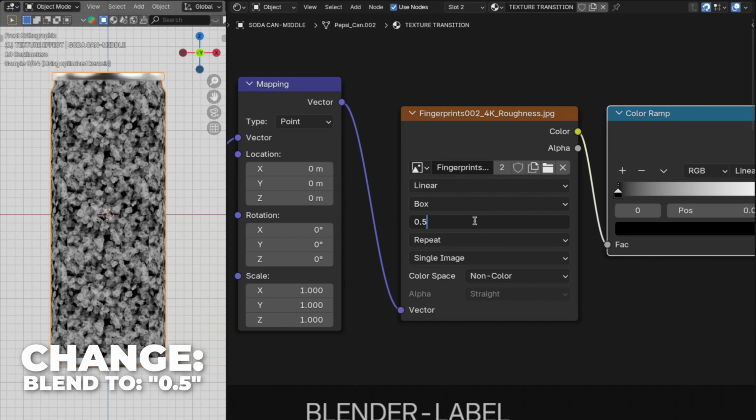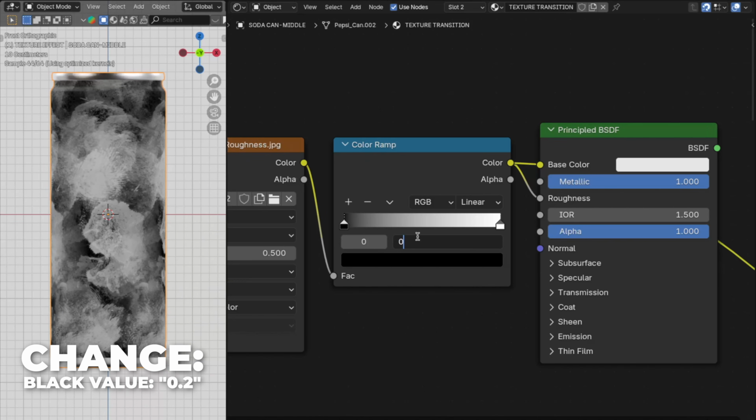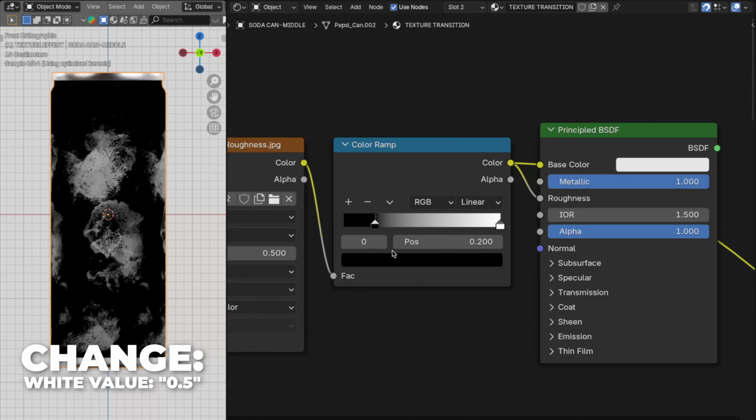And then change the blend to 0.5. And then change the color space to non-color. And then change the scale on the mapping node to 0.1. And then change the black value to 0.2. And then change the white value to 0.5. And then press